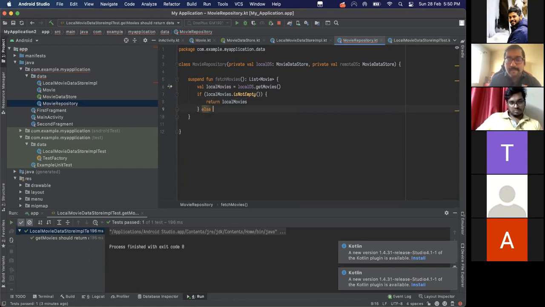Else, if it is empty, it should actually call the remote. So remote DS dot get movies,